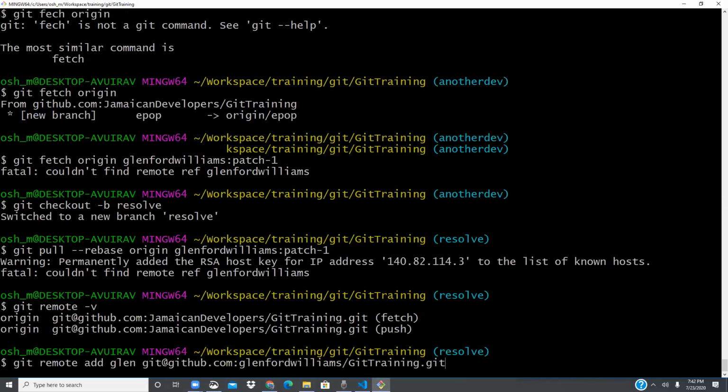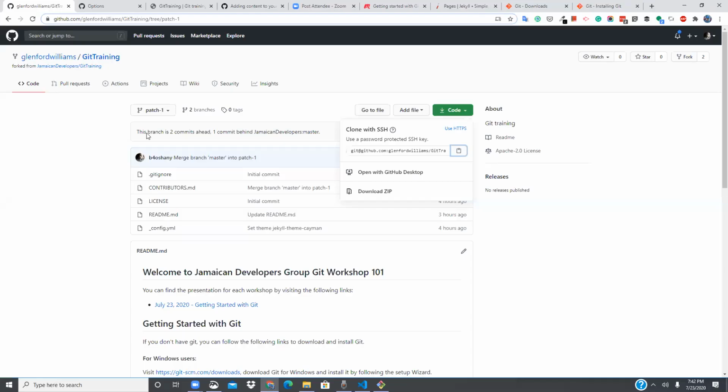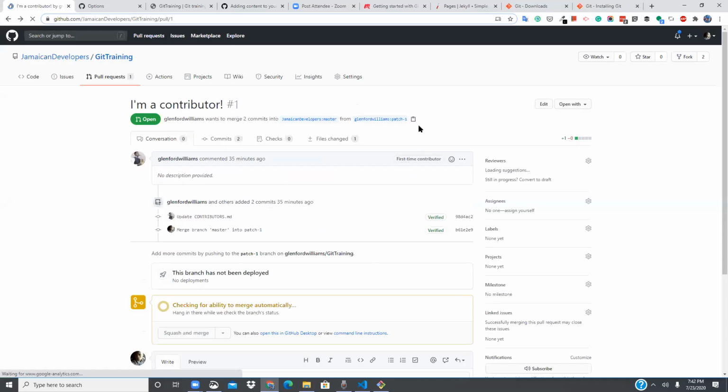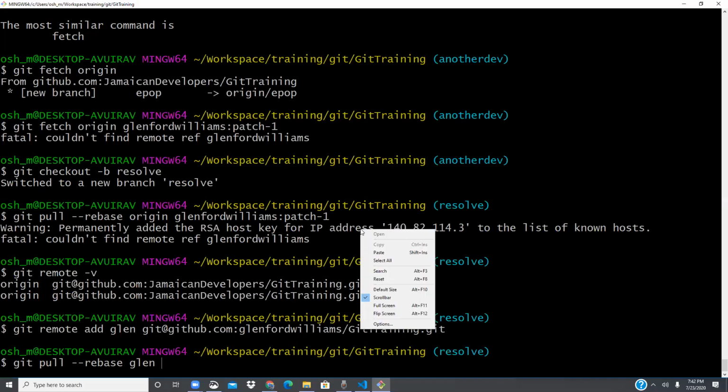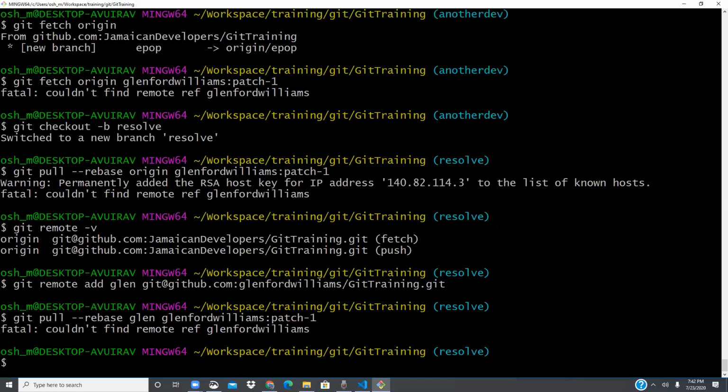Okay, that's Glen for the repository. So I add that now. If I do git pull --rebase, Glen instead of origin, I say Glen because that's the alias for the repository. Rebase Glen was the patch name, and the branch that Glen is on is called Glenford Williams patch. So when I do that,